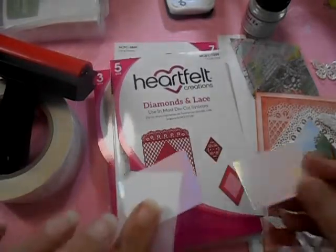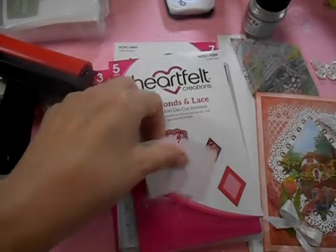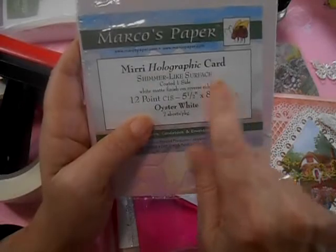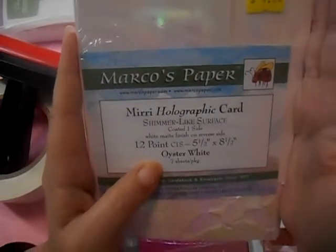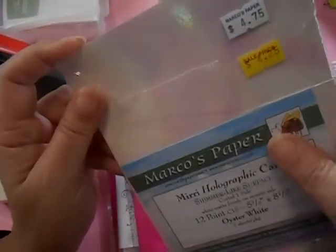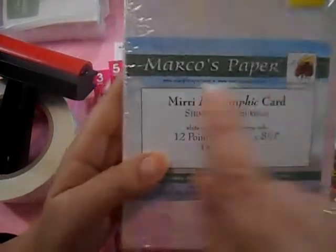And then I have two little pieces of this wonderful paper. This is Mirri holographic card, and it's the Oyster white. I got a small package of this, like the 5.5 by 8.5 size pieces, at a show I went to. I wish I'd gotten a bigger package because it's so pretty. But this comes from a website. It's called